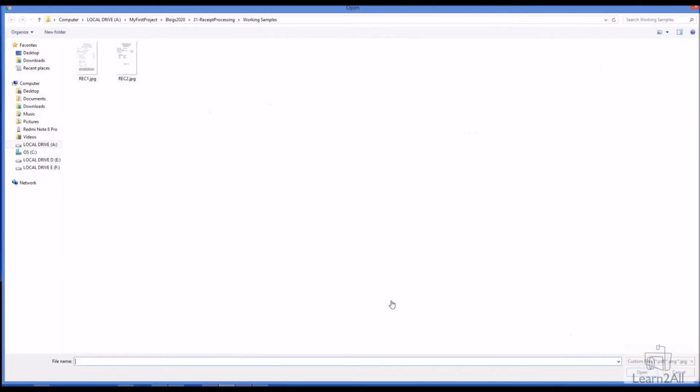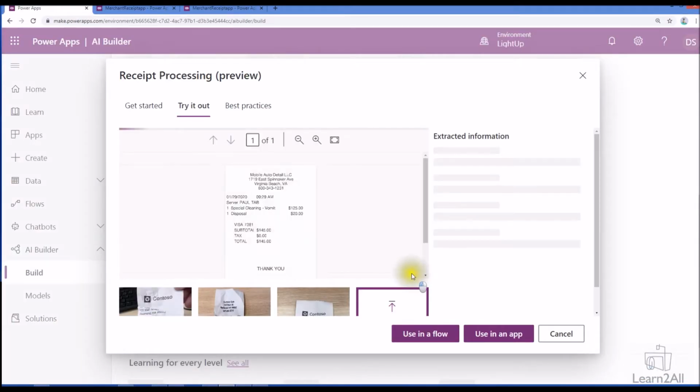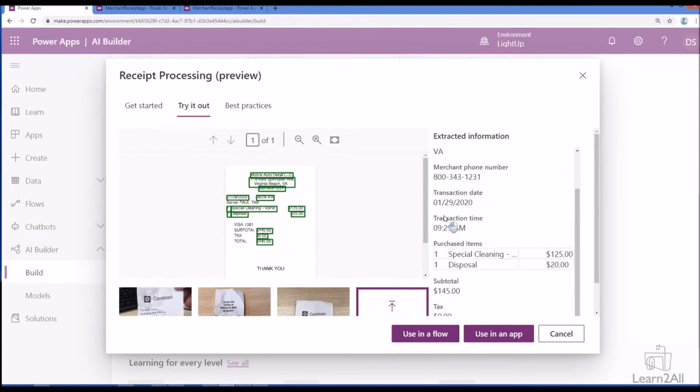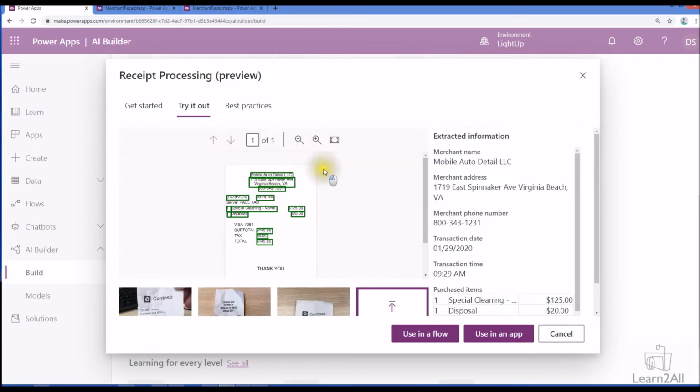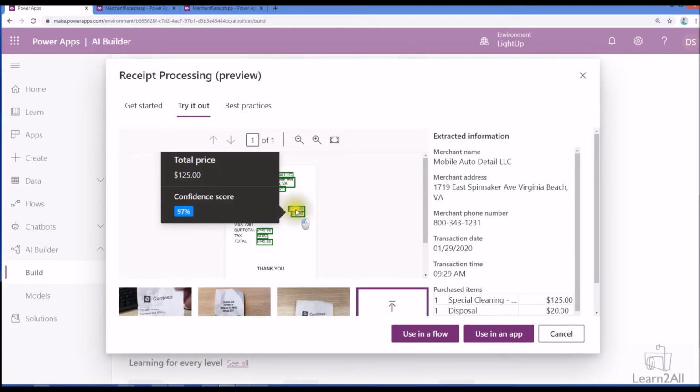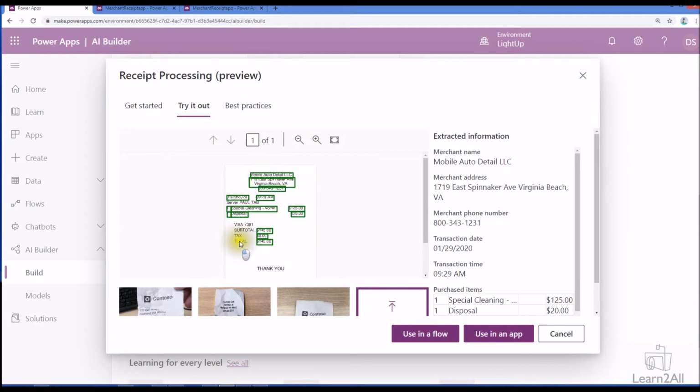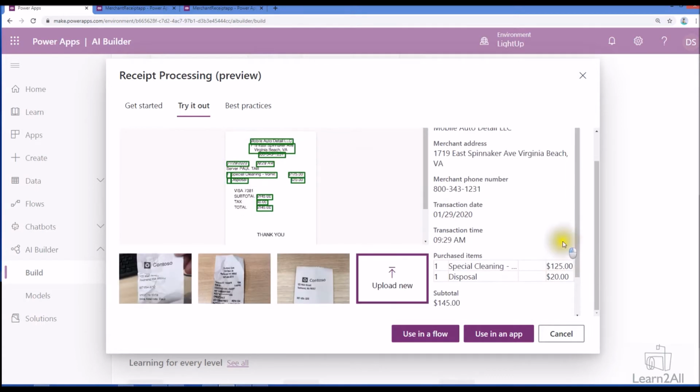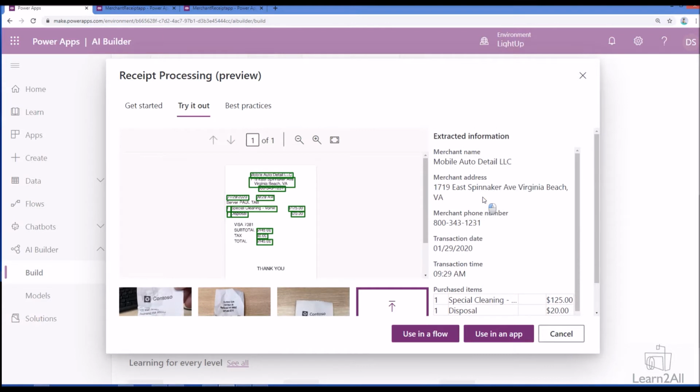You can upload any sample images and check what information is detected from there. Once you upload that, it will show you the preview of your image as well. You can check whether your receipt is being detected properly or not, and it is also showing the confidence score over here. So it has been detected like this.